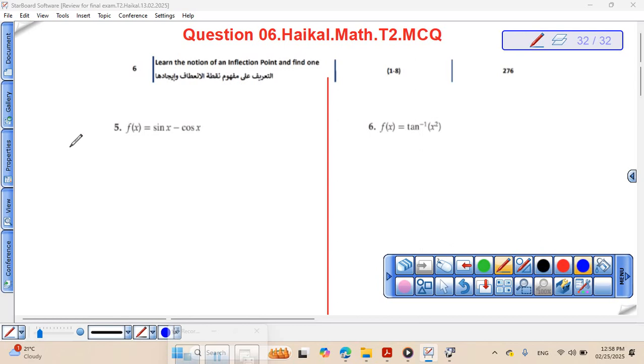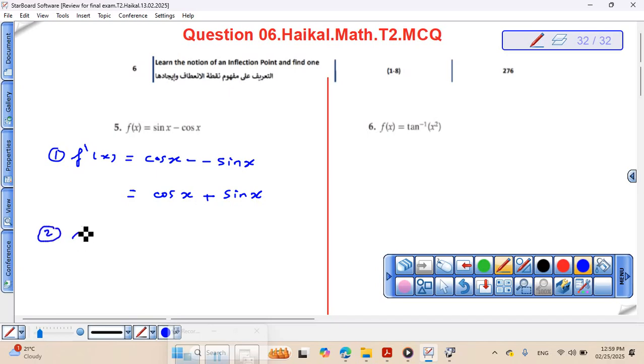Step 1, find the first derivative, f prime of x. What is the derivative of sine? Cosine x. What is the derivative of cosine? Negative sine x. That means f prime of x equals cosine x plus sine x. This is the first derivative. Step 2, find the second derivative: the derivative of cosine is negative sine x